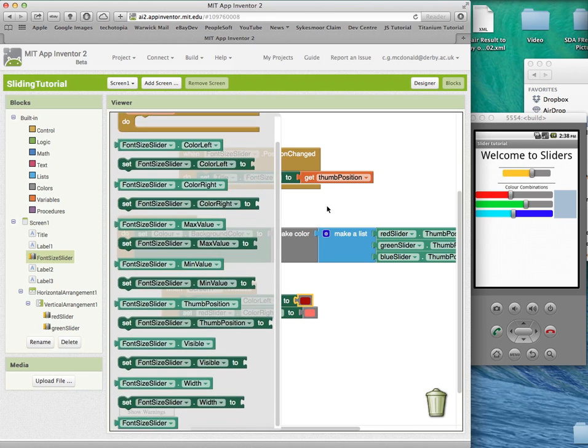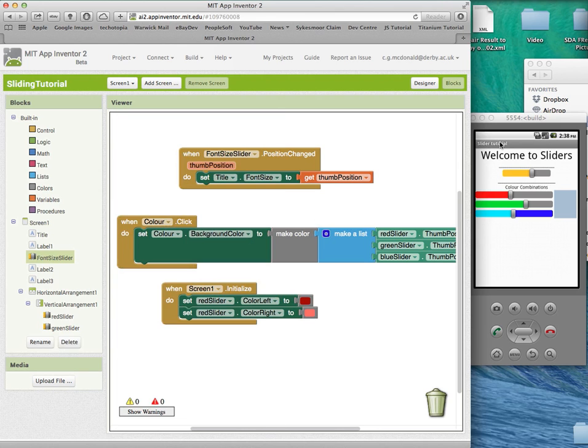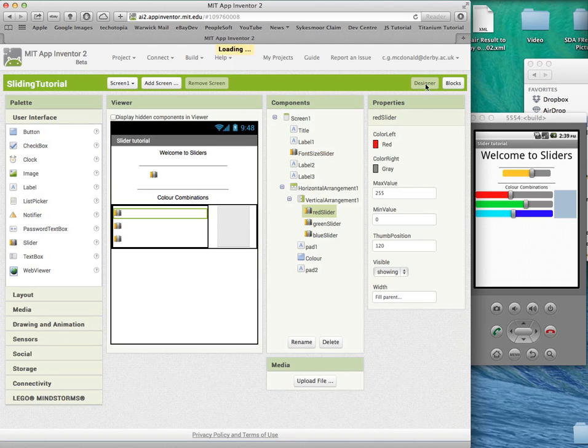So that's the end of our slider tutorial. I hope you enjoyed it, and I hope you will use these in your apps. Actually, there is one more thing I want to do. I want us to be familiar with setting apps out such that the screens are